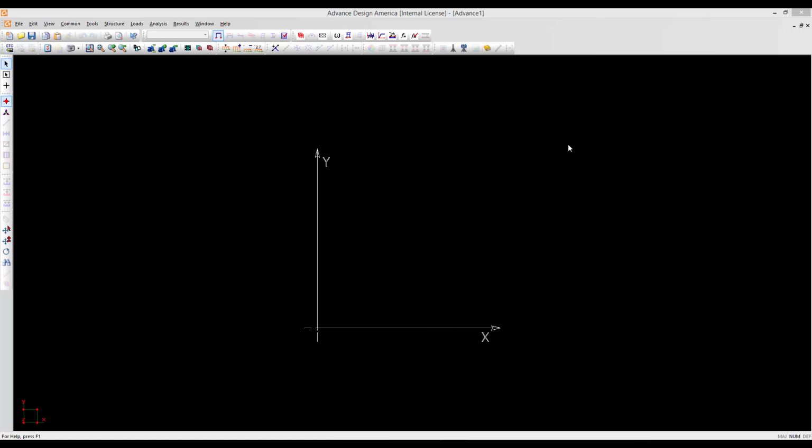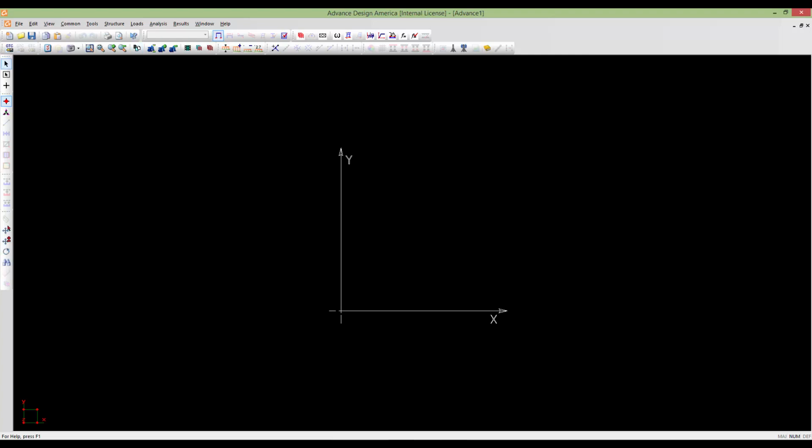Hello everyone. In this session, we will model and design a steel composite bridge. We will model it as a three-dimensional grillage model. So to start the project,